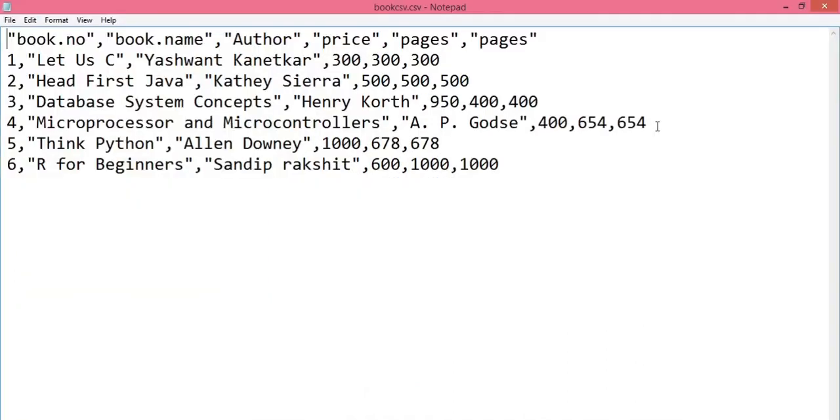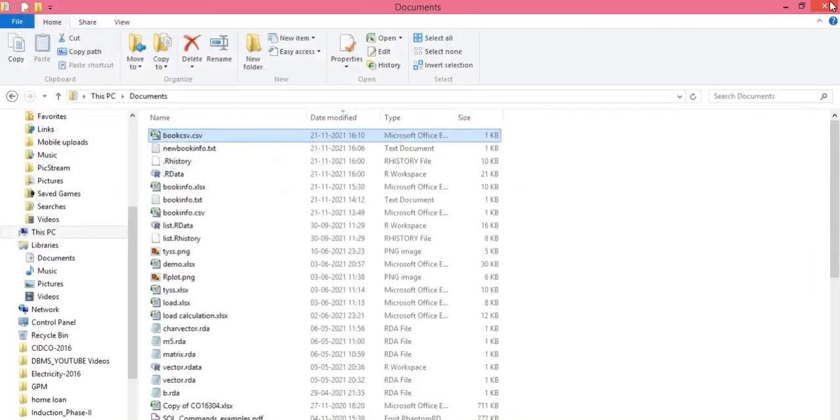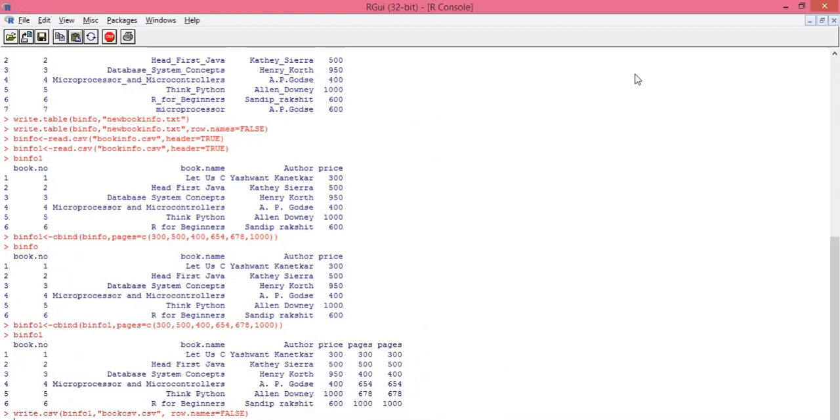See, in our original file only 4 columns were there: book number, book name, author and price. Now we have added a new column, that is pages. So this is how we can import a CSV file from an external source by using the read.csv method. We can change data, we can add new data, we can delete data, and we can export that data back to the location.